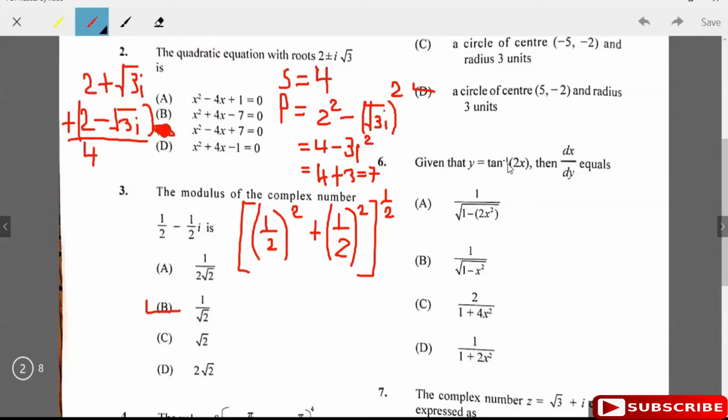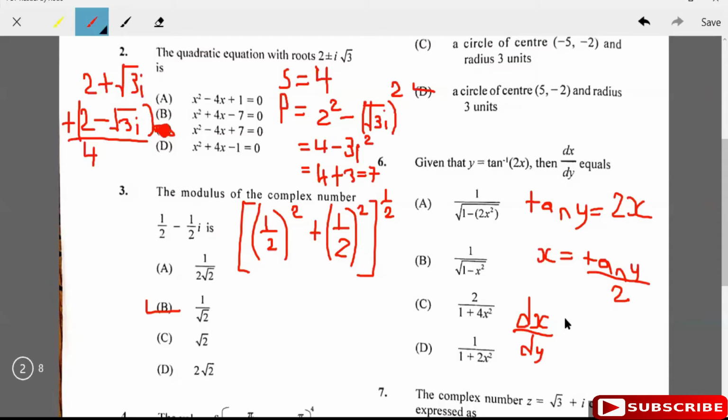If y is tan inverse of 2x, then what I can say is tan y is equal to 2x. Agreed? Tan y is 2x. You agree with that? And so what I'm telling you is that x is equal to tan y over 2. You agree with that? X is tan y over 2. And so now I can differentiate both sides with respect to y. So I'll get dx by dy